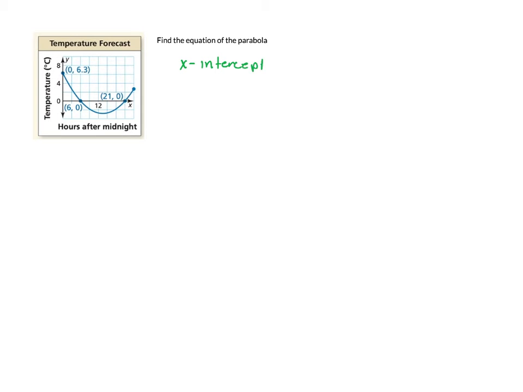So this is very similar. Once you interpret the data, it's very similar to yesterday. X-intercept, it crosses when x is 6, and it crosses right there when x is 21. Now if you remember this factored form, it looks like this: y equals a times x minus p times x minus q. And remember or recall, p and q are the X-intercepts,